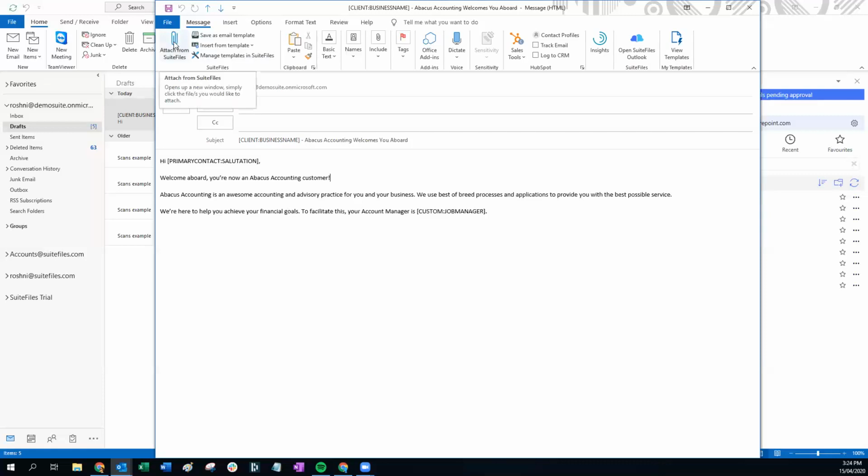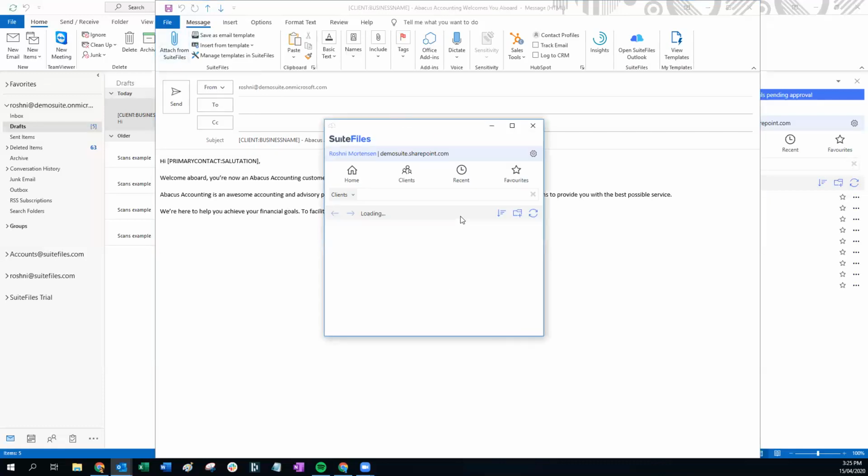So if I show you what that looks like, now in terms of attaching a document that includes merge fields into an email attachment, it just needs to be a standard file in SuiteFiles. You can't actually access or navigate to your template manager from here. So click the blue SuiteFiles button, attach from SuiteFiles button, and then you want to navigate through to wherever your template's stored. So I could also attach that file template that I created earlier. That would definitely be a possibility, but for this one I've got a document sitting in my business templates folder,